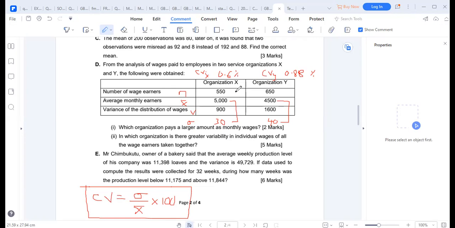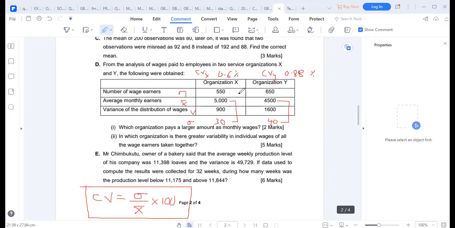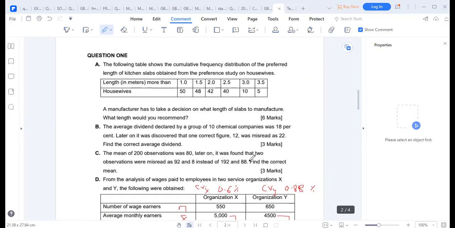All right. Any other questions? Are we together? All right. So we have gathered how many marks so far? We should be counting until they reach 50. Then we'll go to another topic. All right. So we're now on question number 1. We are told that we have a cumulative frequency table